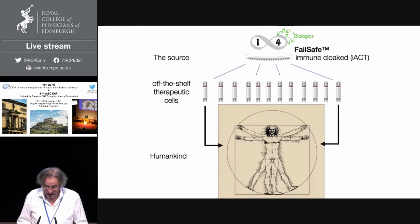One thing is that now I showed you only the mouse data that we have. Obviously, we are interested in human. So all these 8 genes have human orthologs and functional orthologs, and are generated in human cells. The testing of immunocloaking in human is obviously not as easy as in the mouse, but it is going on,